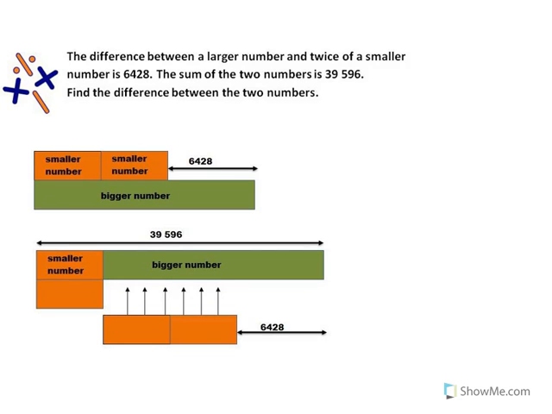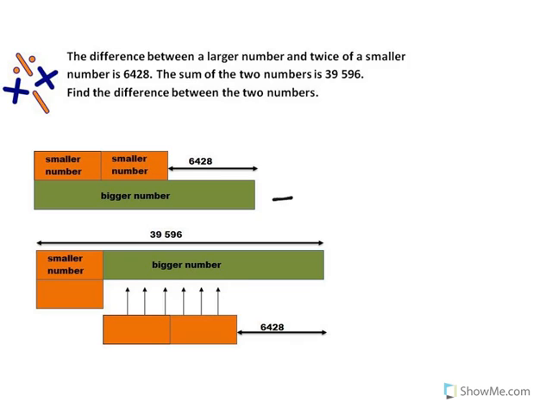The difference between a larger number and twice a smaller number is 6,428. The sum of the two numbers is 39,596. Find the difference between the two numbers. So the question says the difference between a larger number